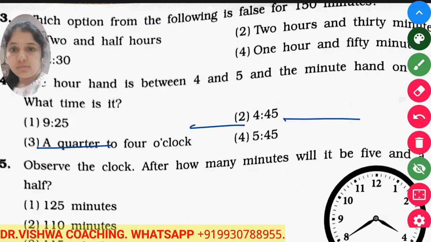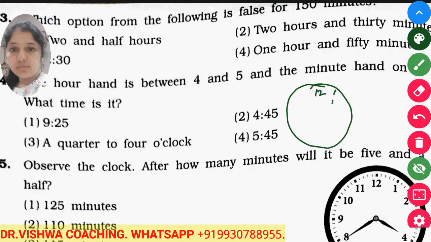Now see, this is a clock. 12, 1, 2, 3, 4, 5, 6. You can understand my clock. 8, here 9. Okay, 10, 11. Now what they had said, our hour hand is in between 4 and 5 and the minute hand